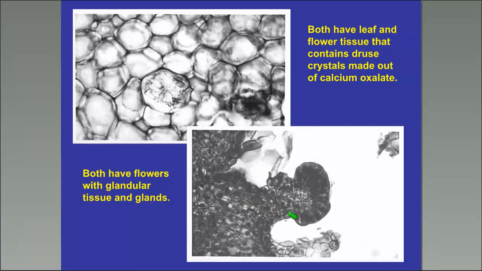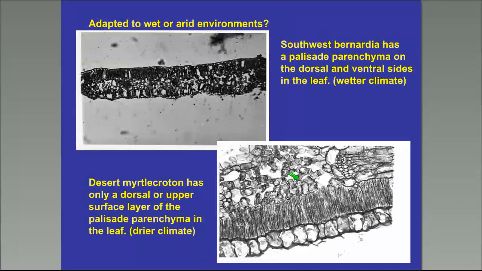This bottom picture is showing that on the Southwest Bernardia male plant, even glandular material that produces nectar is associated with the flower itself. So this is a way that the plants get pollinators and other visitors to come that are a part of